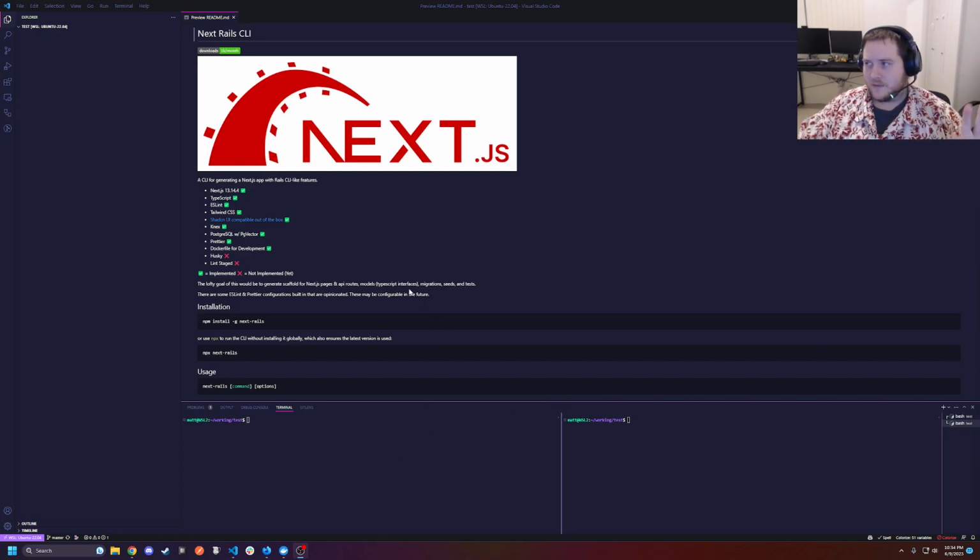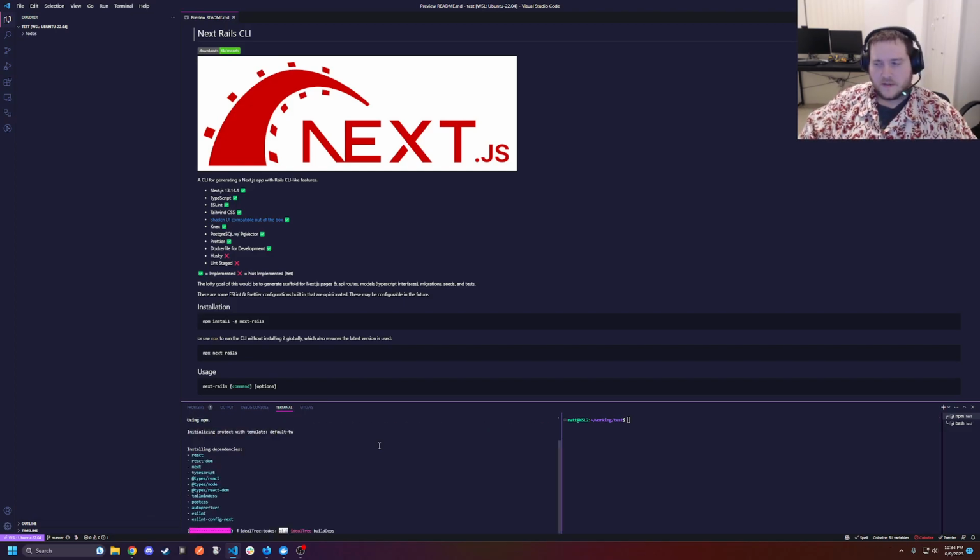So this is like the README page for Next-Rails. You can use npx or you can install it globally. I'm going to use npx Next-Rails, and we're going to make a new project. And today, our project is going to be called To-Dos. And what this is going to do is call create next app behind the scenes with a bunch